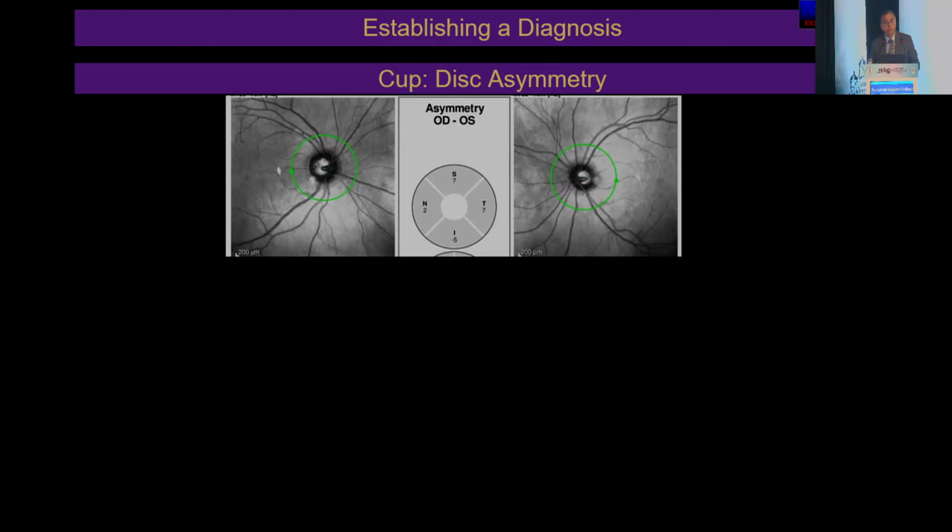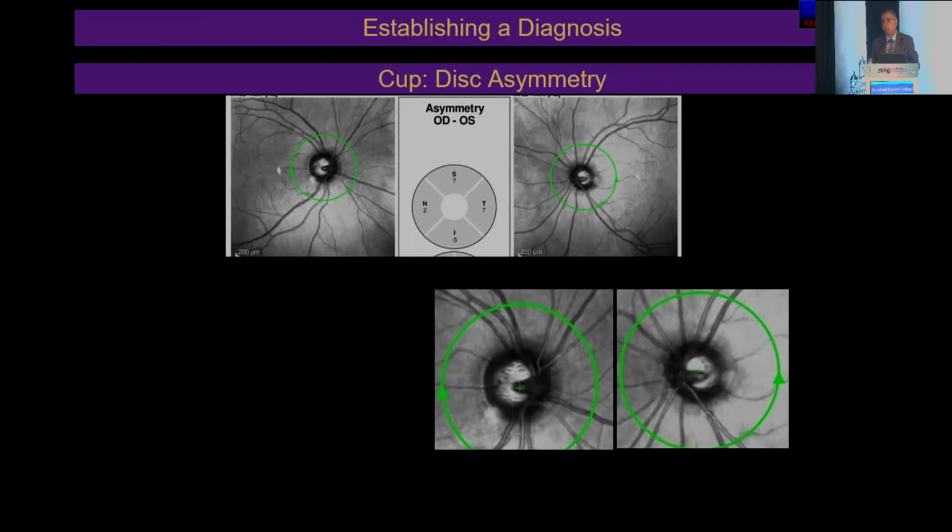We have been used to looking at cup to disc asymmetry. So when we look at the cup to disc asymmetry, we realize that there is a significant difference between these two eyes. But remember that the OCT, or the OCT printout, I should say, is the only modality that eliminates the presence of the nose between the two eyes. It can bring these two discs side by side. When you examine one eye, by the time you cross the nose and go to the other eye, you've forgotten what the size of the cup and disc is. So this is the only place you can see